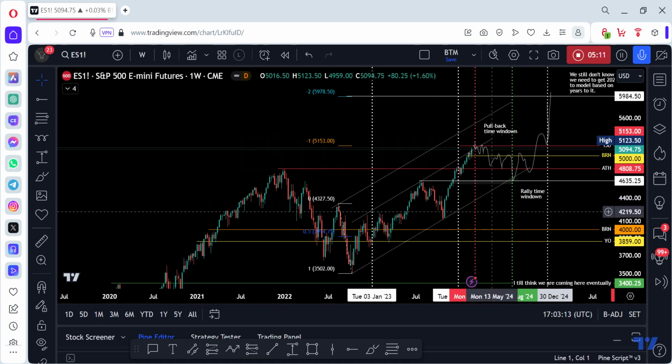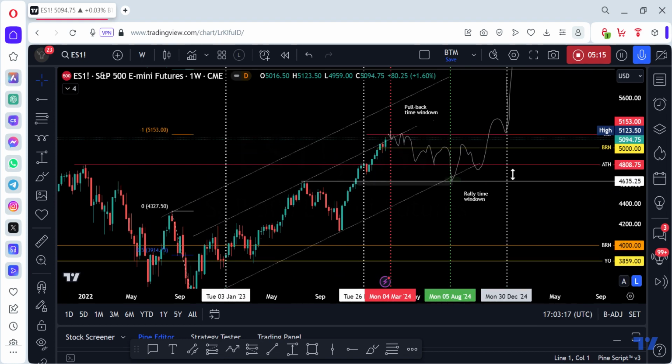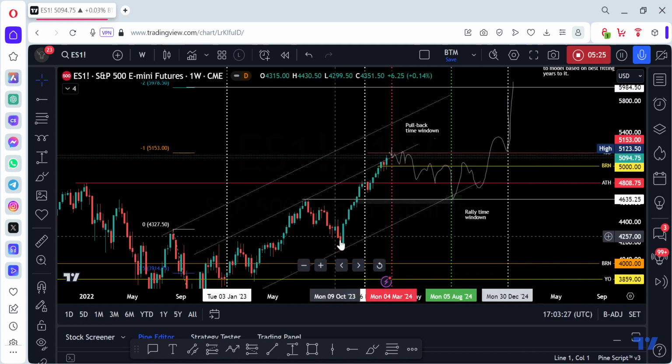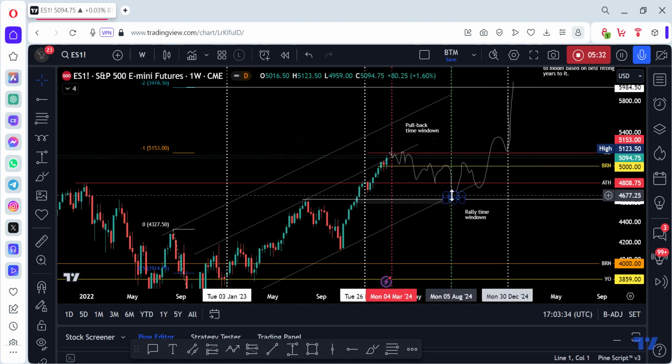Okay, so the forecast on the average has shown me that we're going to have this kind of sharp price action, and in the last part of the year we're going to end up being bullish. So this is the end. We're going to have another really strong rally, probably something like this. So that's where you want to be in the market in the bull scenario.